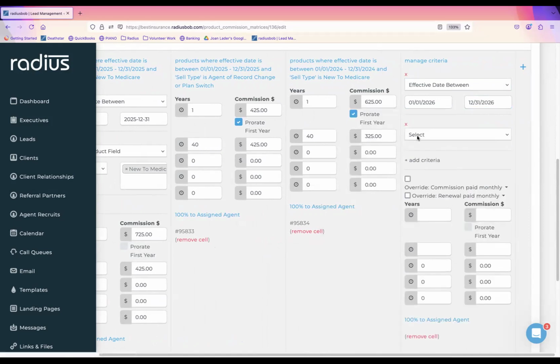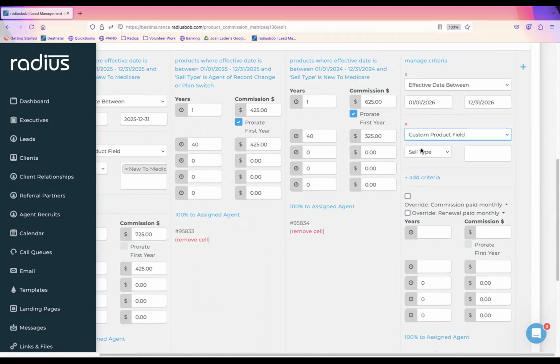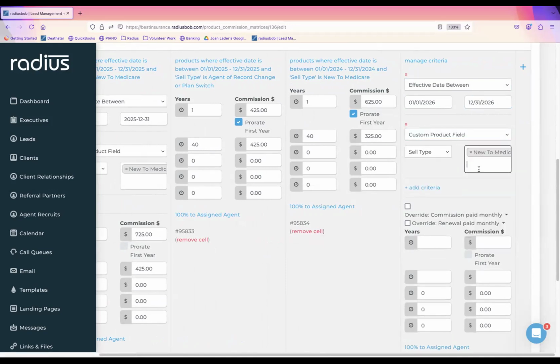And then also this example is MAPD. So I'm going to add a custom product field of sell type of new to Medicare. Year one, I'm going to get, now next year's rate is going to be great for you guys. It's going to be $850 if you are new to Medicare. The next 40 years, it's going to be $750 or whatever. I can't remember what the variable is. I think it's $450. No, $550. That's not an actual rate. I don't know why I'm being so specific, but